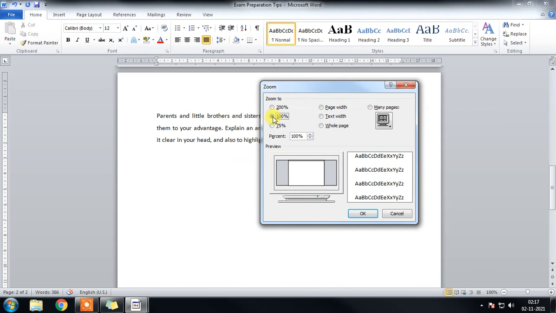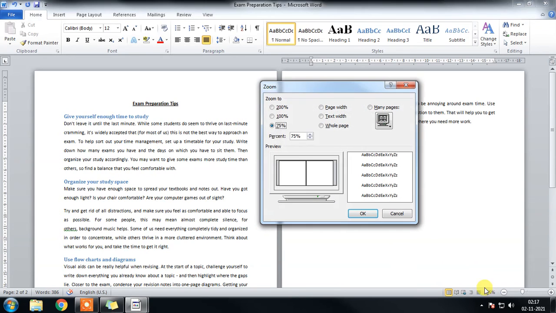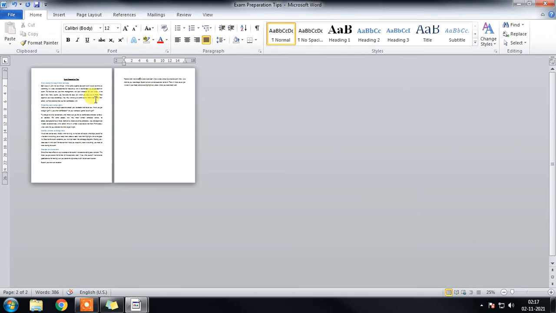If I change the percentage, say I use 25 and click on OK, only 2 pages are visible because there are only 2 pages. If more pages are there, all these pages will be shown one by one here. I mean, we can quickly glance at all the pages in one go.